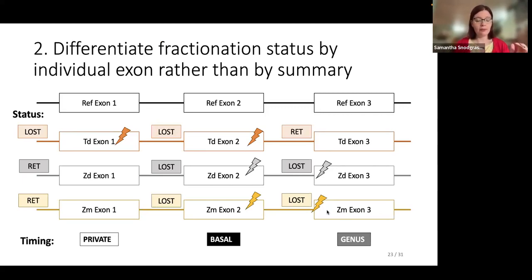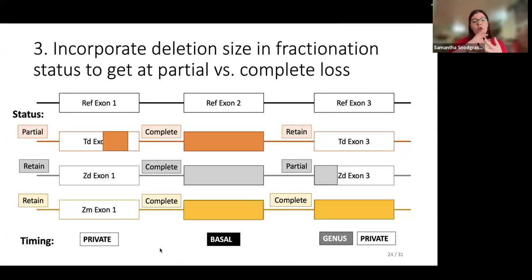So here, when we do that, we now have different statuses for each exon rather than for the entire gene being lost across all three. And because of this, we now have a finer tuned estimate of the timing of these fractionation events, right? And we get a better idea of them. Finally, we want to incorporate the deletion size so that we get at partial versus complete loss. This could also play a factor into the timing aspect, because perhaps